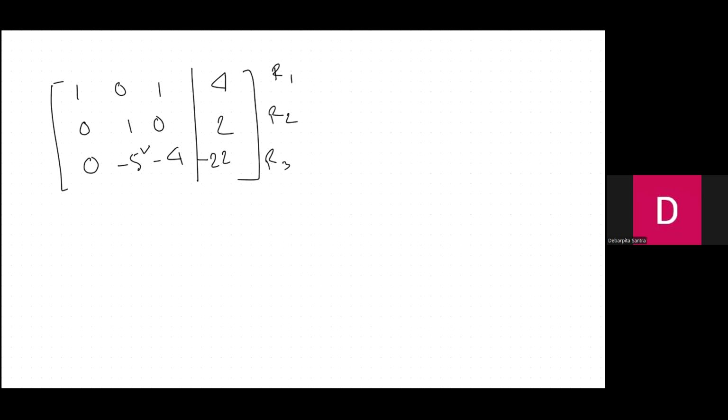So what we have to do now? Similar thing, R3 is equal to, this is minus 5. So what we have to do? Just we have to take 5 into R2. Okay. So what will happen now? That is 1, 0, 1. The first row remains unchanged. 4, 0, 1, 0. That is 2. Now this is